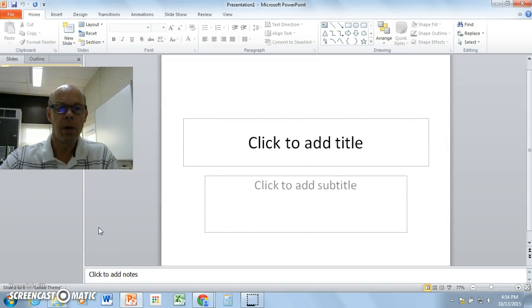All right, in today's lesson, we're going to learn about something called animated GIFs. These are graphics files, a little bit like clip art, but they have some movement in them. And a couple things I want to show you is how to download an animated GIF from a website, because there's a lot of websites out there that have free animated GIFs that you can use. And then how to put them into your PowerPoint presentation, because they can make your presentation appear a little bit